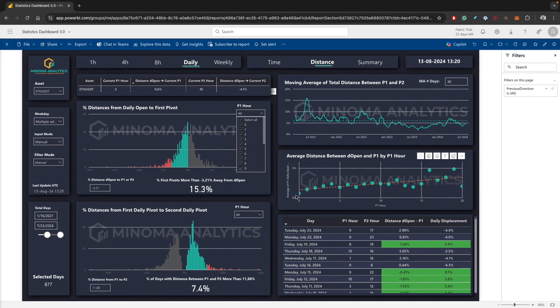But anyway, we know that hour 0 generally is closer to the daily open. We know that it won't be the P1 anyway. So we want to filter that out to get a more accurate description of the likelihood of P1